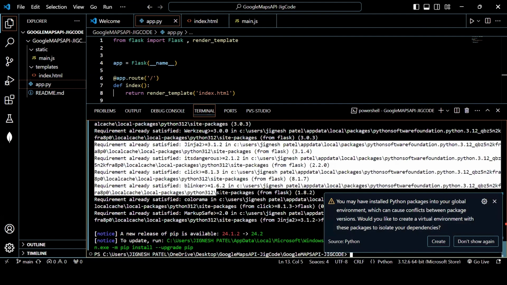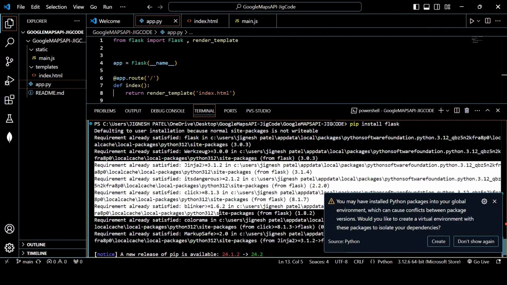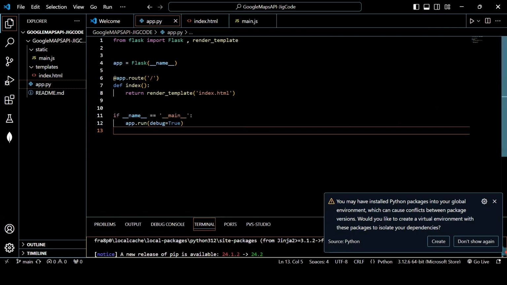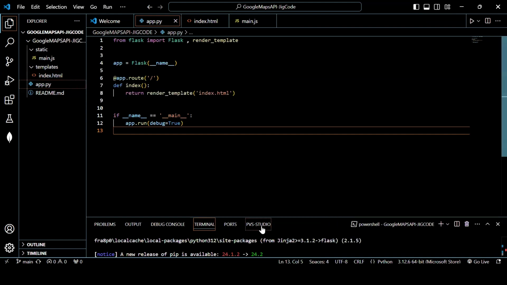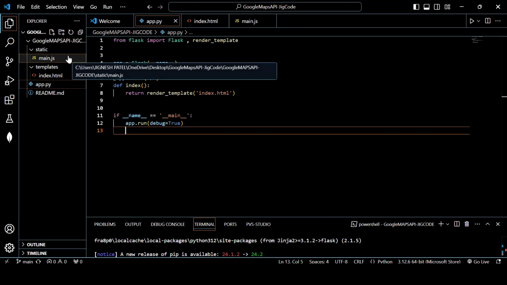That means Flask is already installed on my local machine, so I don't really have to worry about that. Okay, so app.py is pretty simple. All I have to do is render this template index.html into the home page of my web server. So let's go and see what we can include in main.js in our JavaScript file,